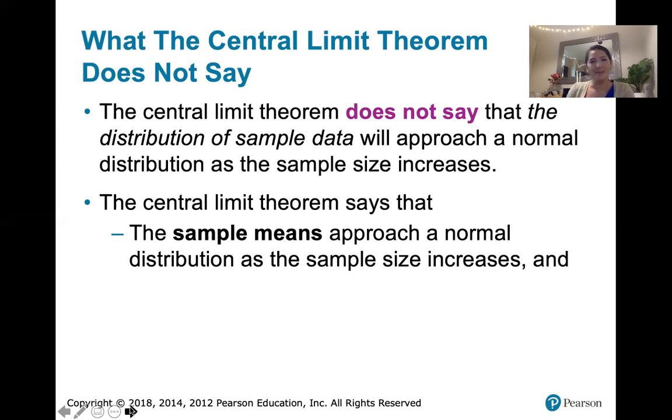What's fascinating is that even if that original population does not have a normal distribution, if you take means from values in that sample, so you just add all of those values together and divide by the sample size, and you do that over and over and over again, and then you look at all the sample means and graph the distribution of those means, so maybe you look at a frequency distribution of each of the sample means that were calculated, it turns out that even if the original population had a skewed distribution or a uniform distribution, so maybe the graph is skewed far to the right, so it has a long right tail,